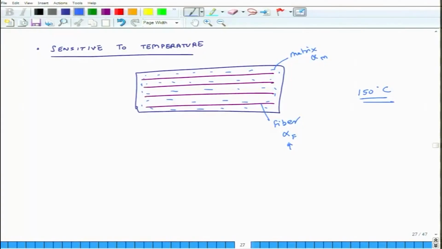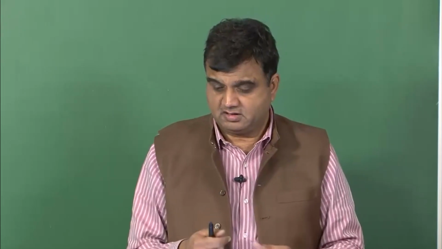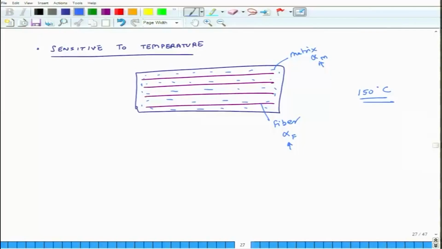Fiber will now try to contract, it will not have freedom to contract. When it was in fluid, it had freedom to expand, but now it will try to contract, but the matrix is going to prevent its contraction, because now matrix is solidified, and matrix will also try to contract. So, maybe if the expansion coefficient of fiber and matrix is equal, then no problem, everything will contract uniformly. But in general, fibers have much smaller expansion coefficients compared to matrices. So, matrix wants to contract more,